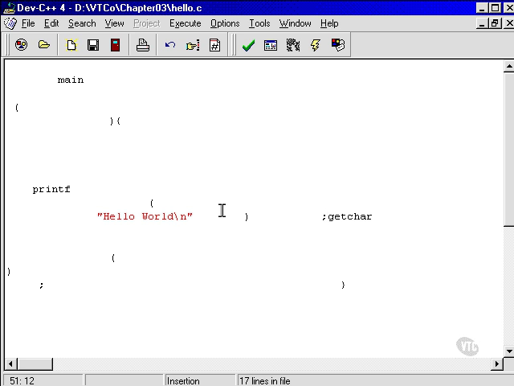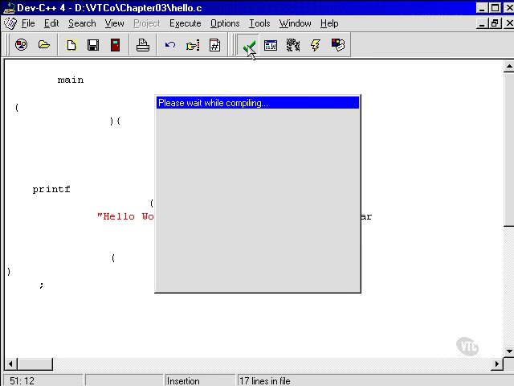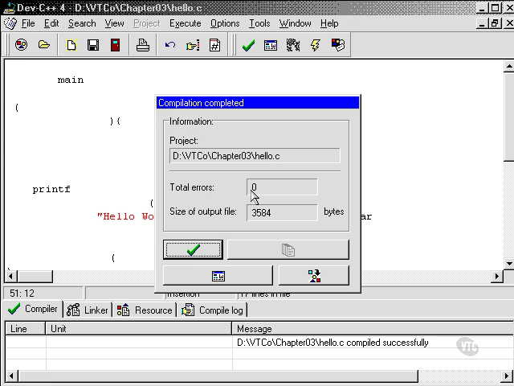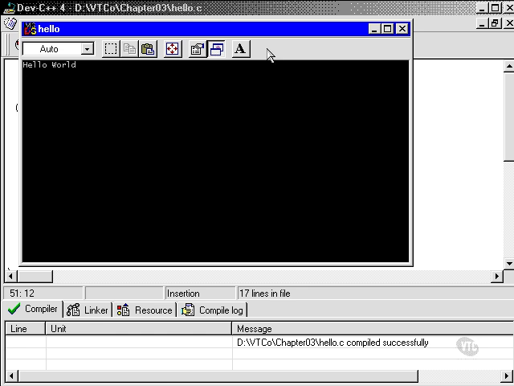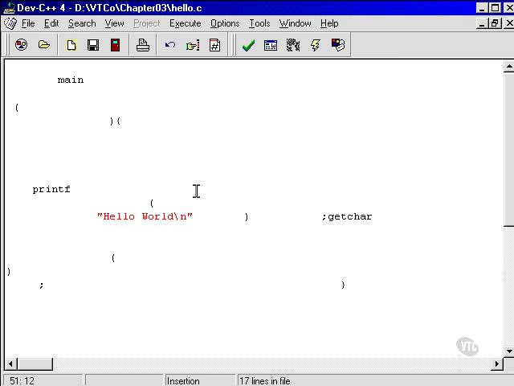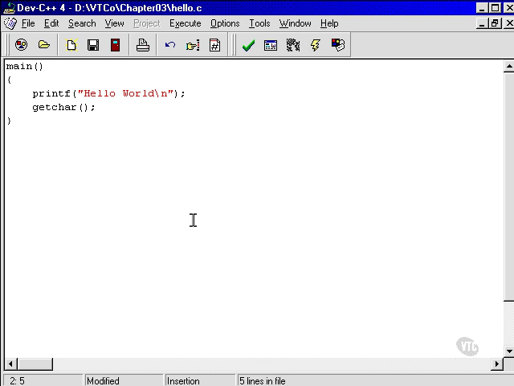Let's have a look and see if that compiles. Compiles perfectly, total error is 0, just as before. It runs perfectly as well. I'll now just put the program back to the way it was originally, and here we are back at square one. So, I've obviously put some whitespace into this particular program,